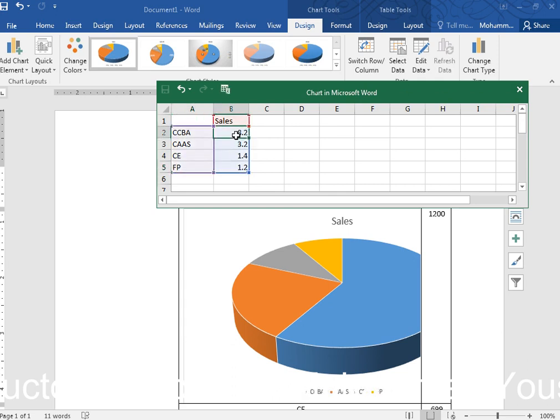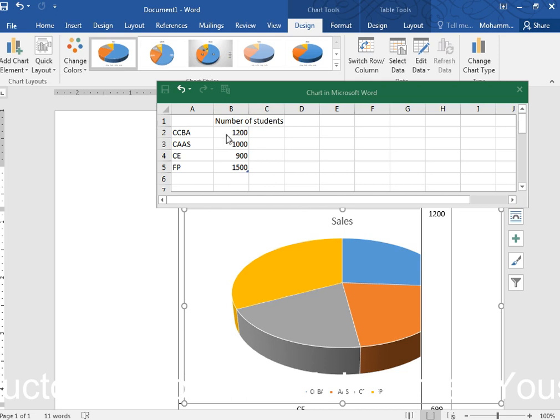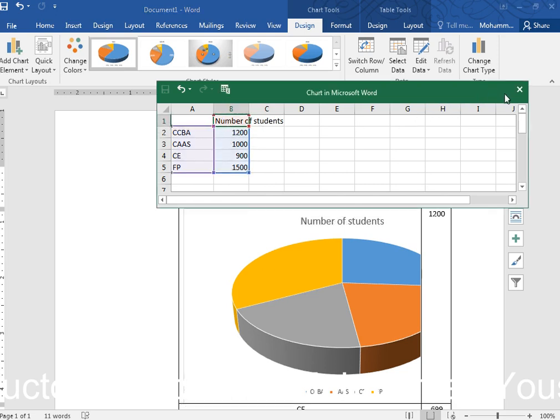Now you give the value here like 1200. Now you give here 1000, then 900, then you give here 1500. Like this. Now you see this says sales, but you can see here number of students. You see the sales will change to number of students.